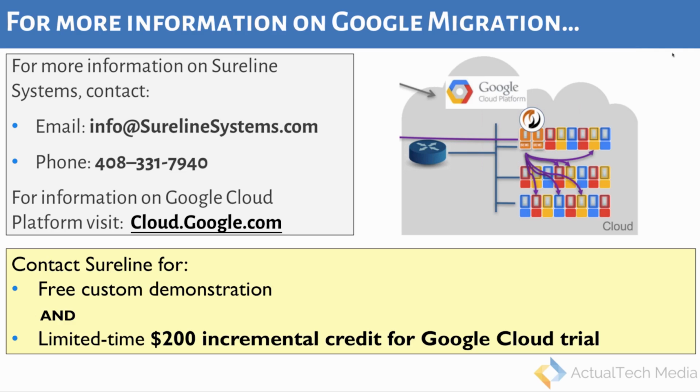Sure. So you have to decide what you want to protect from a disaster recovery point of view, and you also have to decide in what order you want to bring things up. Not all applications are created equal. To get a business up and running, there are important applications and there are nice to have applications. So number one, you have to figure out what is critical to your business. Once you figure that out, then it's the question of, what are my recovery time objectives? How quickly do I need to be up and running in case of a disaster?